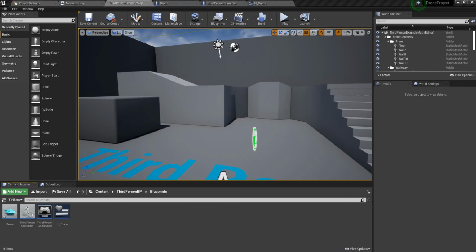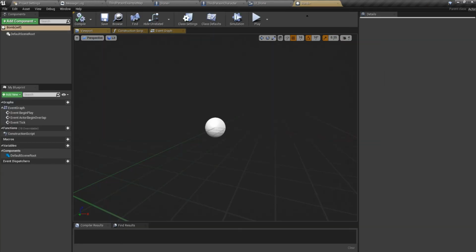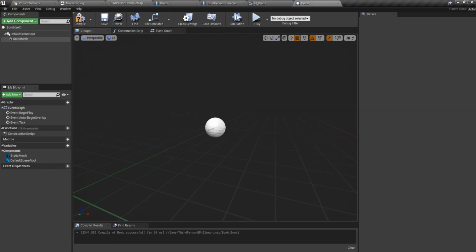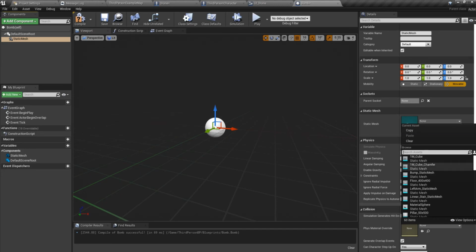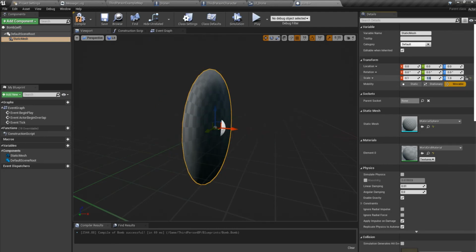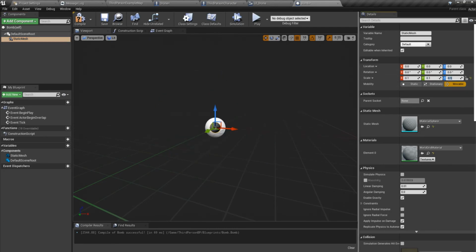So let's make an actor class, call it bomb. We want to add a static mesh, add whatever static mesh you have. I'll just add a sphere,